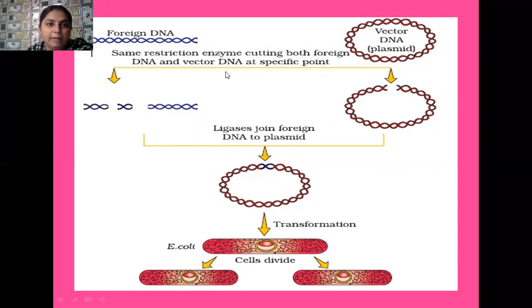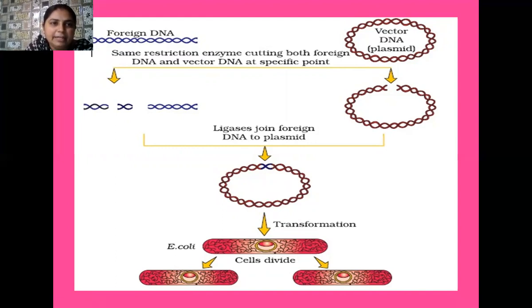plasmid DNA. You know the mode of action of this enzyme: these restriction endonucleases recognize specific base sequences that are present in the DNA segment. It may be 4 base sequences, 5 base sequences, or 6. And they cut the foreign DNA as well as the plasmid DNA at these specific base pairs. Later on, as the same palindromic sequences are recognized by these enzymes, the space that is left in the plasmid vector is actually according to the length of the alien piece of DNA.